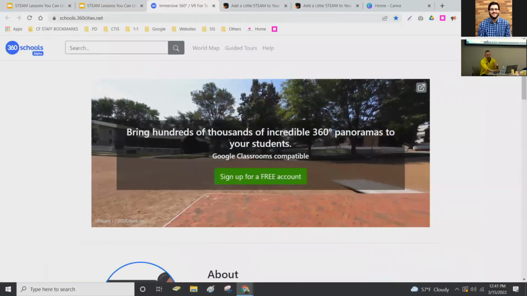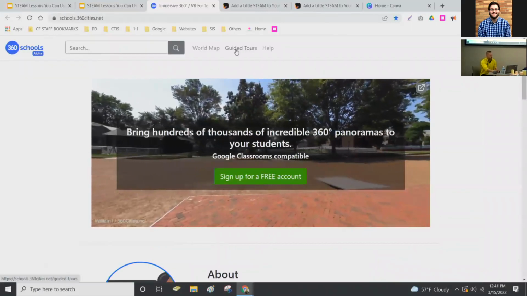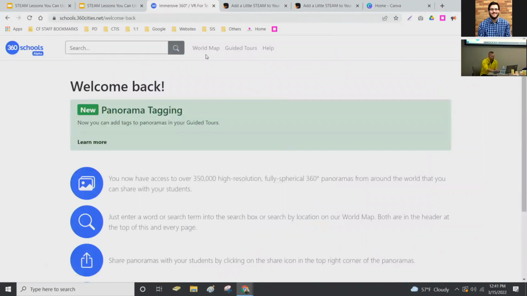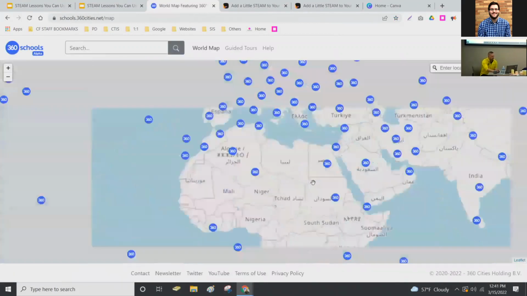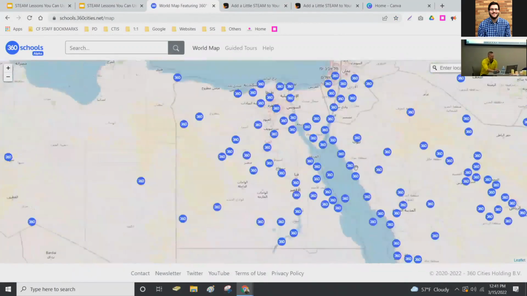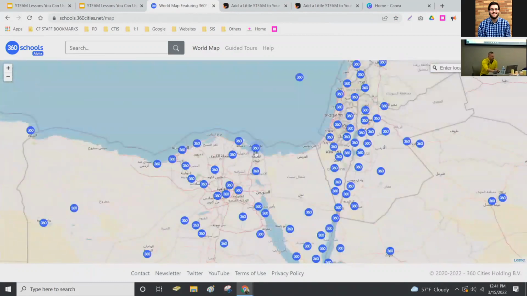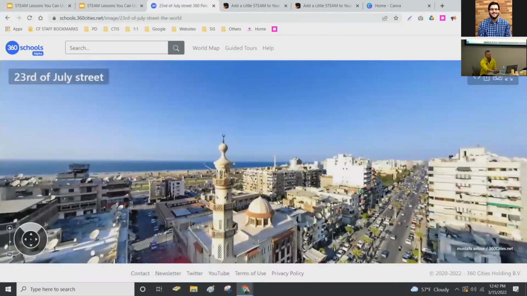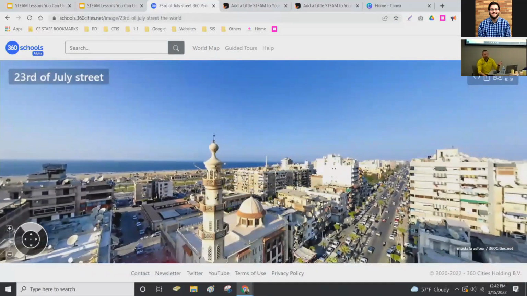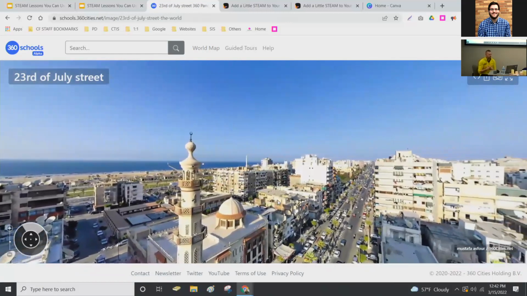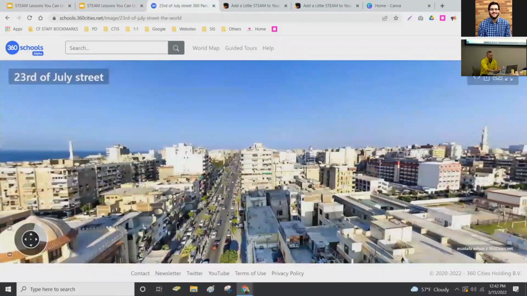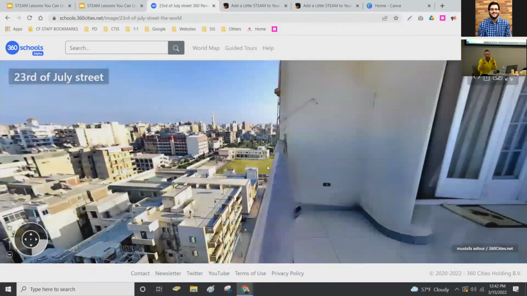It allows you, as a student or a teacher with your Google account, to sign up. They have a world map, and what this has is 360-degree pictures in those locations. So if I clicked on world map, I could go anywhere in the world. Now, these are all stock photos that people have uploaded, and they said we can use this for 360-degree schools. But what I can do is create a guided tour of what's on here. So as a student researching a foreign country, I could use this. It's kind of neat because you could, theoretically, put it in a goggle and be virtual.